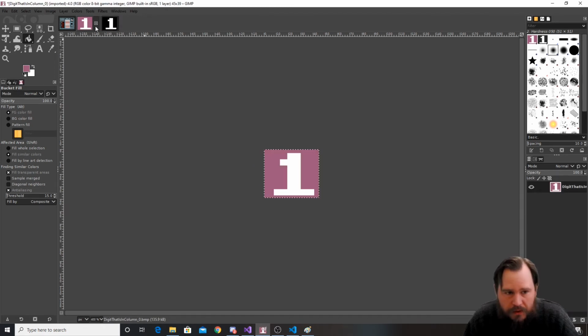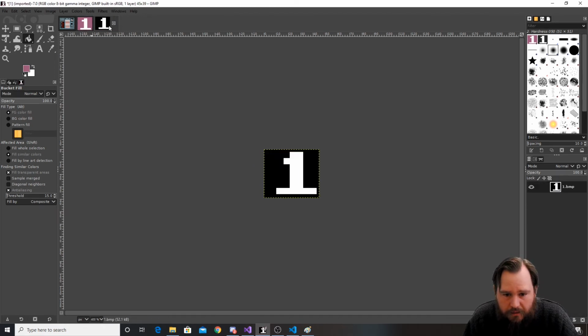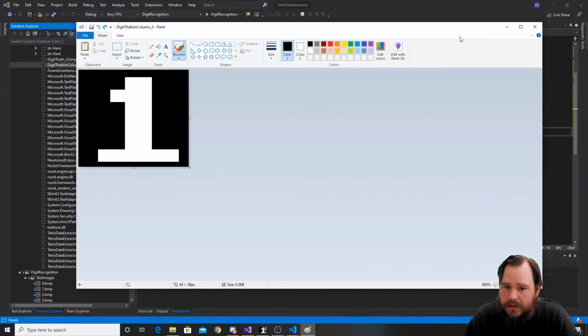I was trying to overlay them just to see what kind of pixel would be different, but the sizes of the boxes are the same. They look the same. Honestly, they look the same. The only thing I can tell that's different is the positioning of them on the screen. So what I'm going to do,